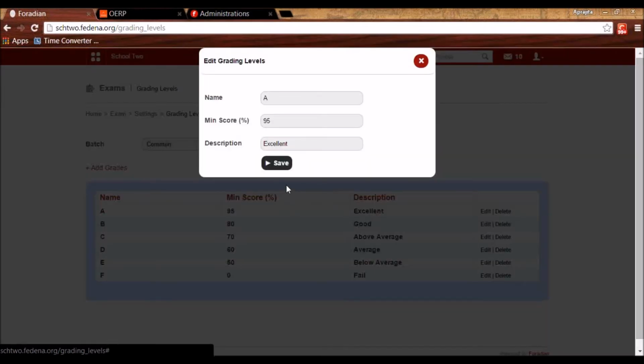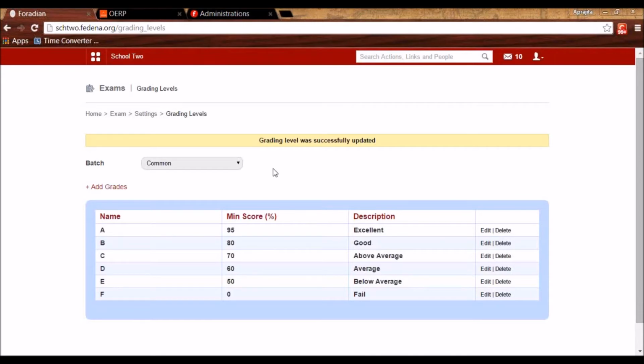You can click on edit and mention the letter grade, the minimum score, so 90 and above or 95 and above, and the description. So this means 80 to 95 is B, 70 to 80 is C, 60 to 70 is D, and so on. These are the grades that you can set.